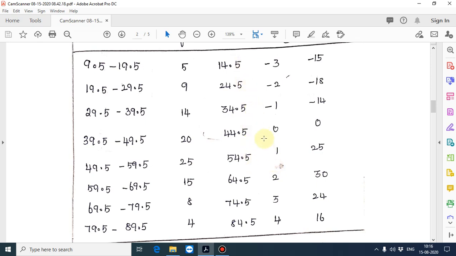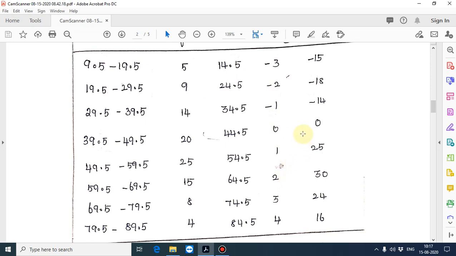This is the mean. We will take this median here. In that first value, what you have is 44.5. You will take the assumed mean as 44.5. Then d dash is equal to x minus a by c. A is the assumed mean, 44.5. The class interval c is also 10. Then you will calculate 14.5 minus 44.5 divided by 10, and you will get minus 3, minus 2, like that you will get this answer.